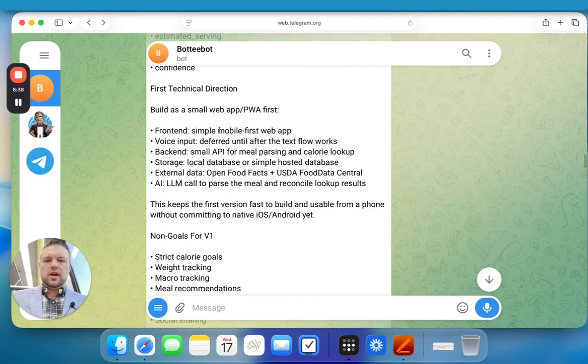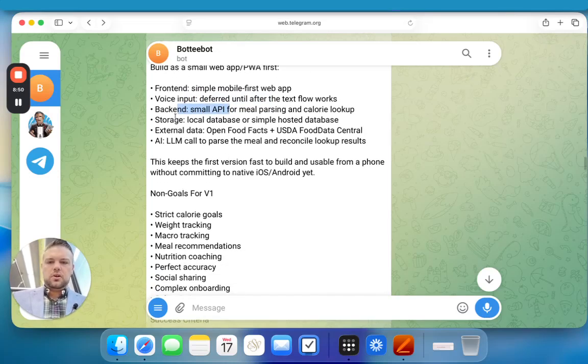Simple mobile app, web app. Okay. Voice. So it's not gonna be downloaded on my phone like we said yesterday. Voice input. It's fine because I'm just gonna voice to text with my phone. Backend small API for meal parsing and calorie. That's fine. Storage local database, simple external data, open food facts. Another thing that I do want